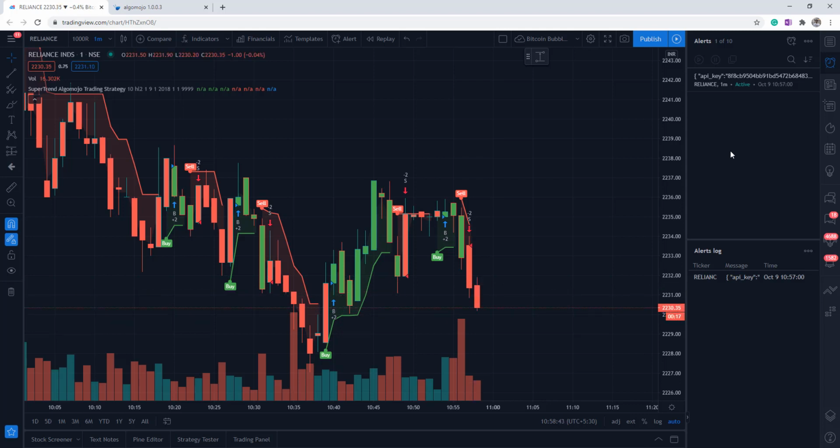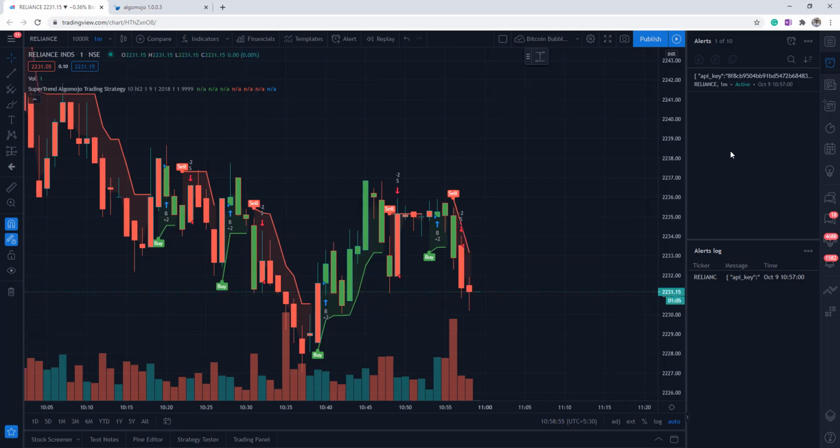And probably this webhook, right, it is more of a one-way communication where the webhook informs the Algo Mojo to send orders. And now we're going to look into the buy signal.